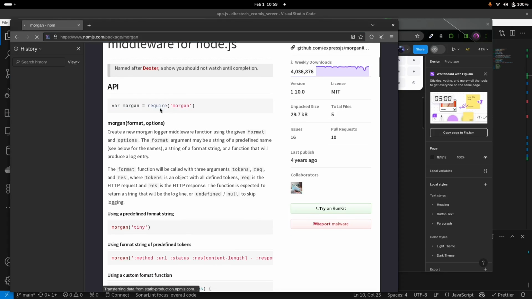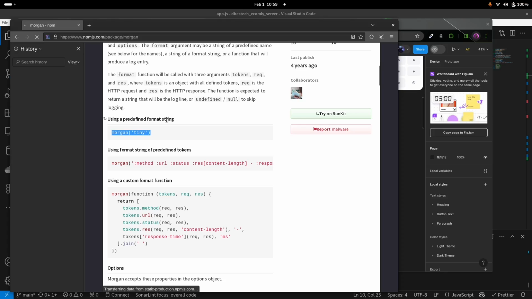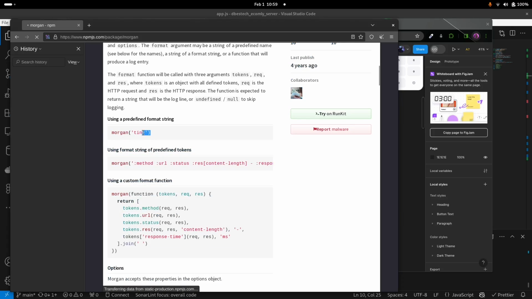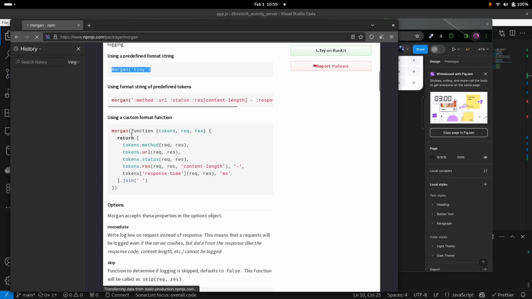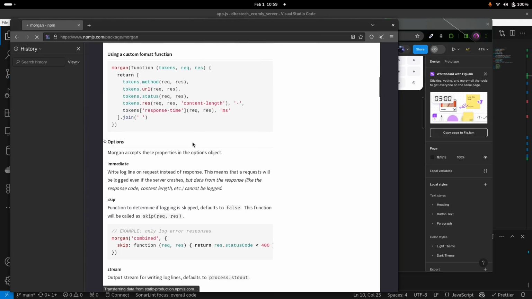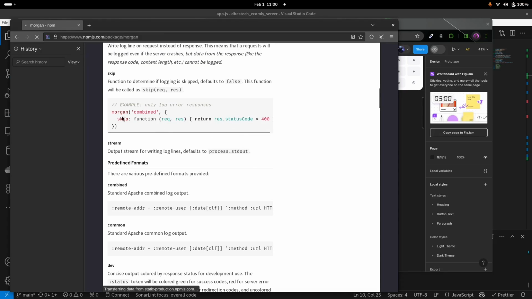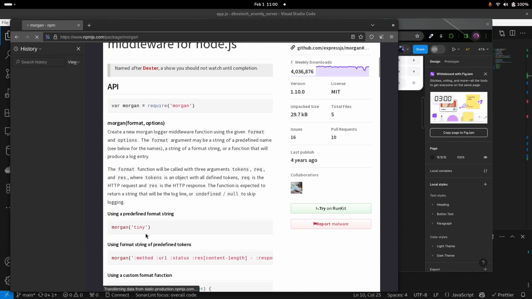So you could see require Morgan, which you've already done, and a predefined format string. You go ahead and read all of these. You could use this very simple configuration. You could also define your own custom configuration, which is essentially just how it prints the data. You can see over here that we're telling it what to print. So it will print the tokens, .method, the URL, the status, the response, and so forth, right? You could also use the combined format and so forth. You could go ahead and read this, but we're just going to use this. It's pretty simple. So I'll go back to my Node application,